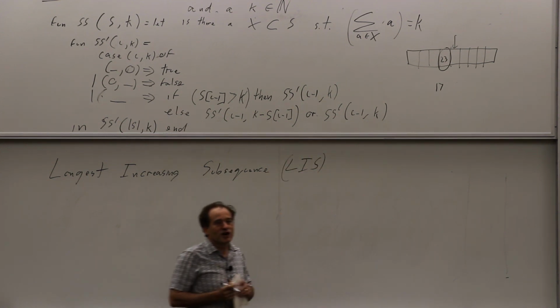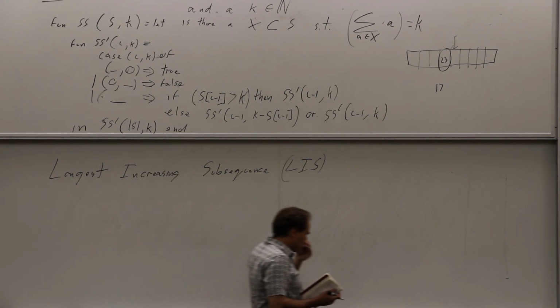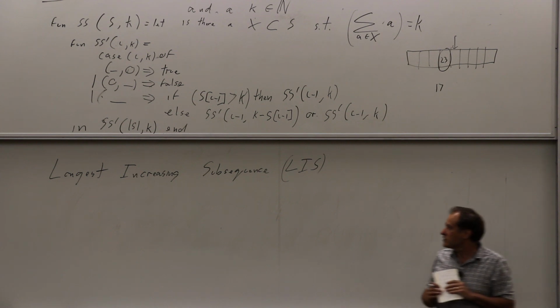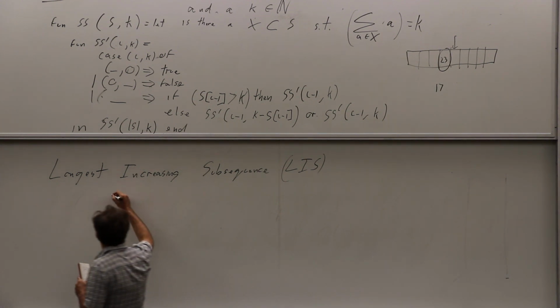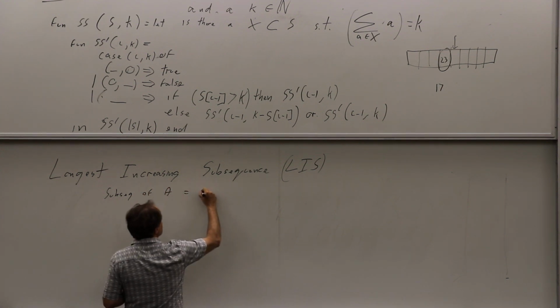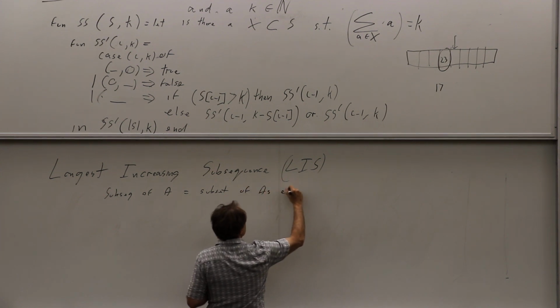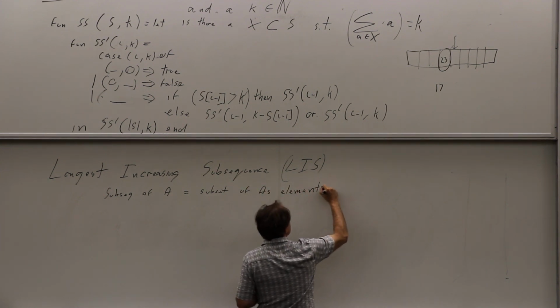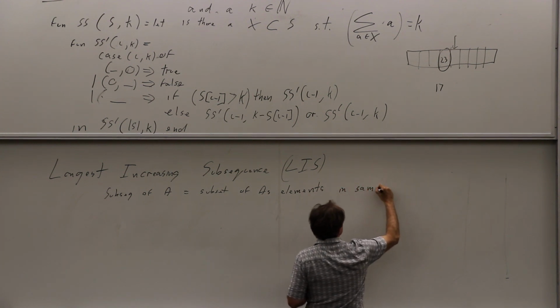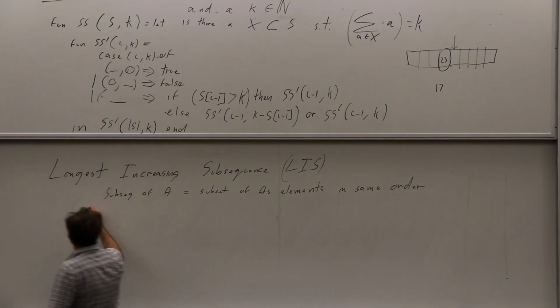We have to give every problem an acronym, so this is the LIS problem. It's the longest increasing subsequence. In this case, the subsequence doesn't have to be contiguous. By a subsequence,